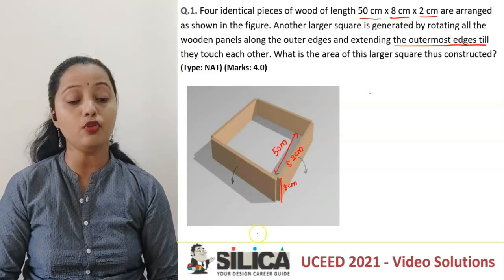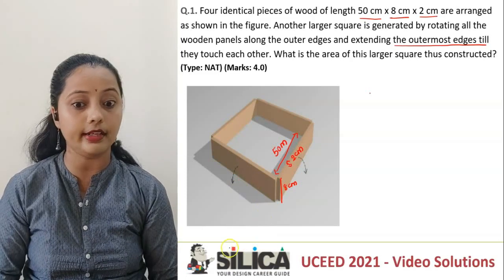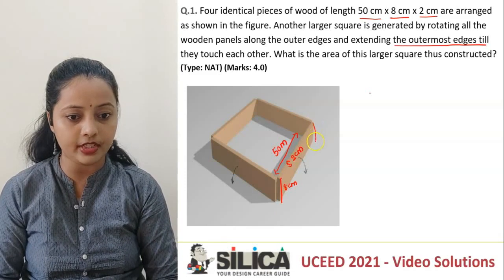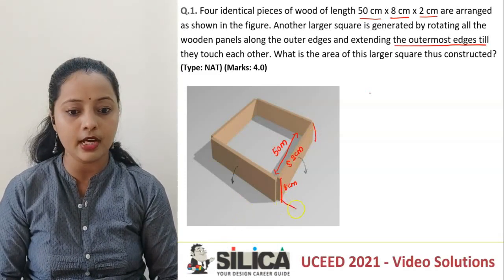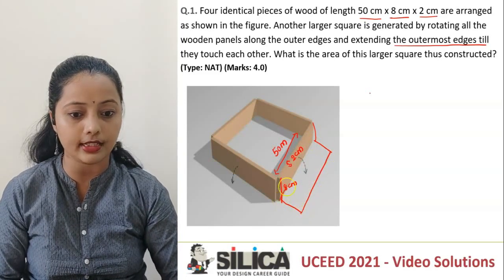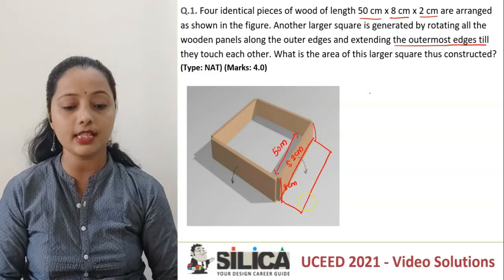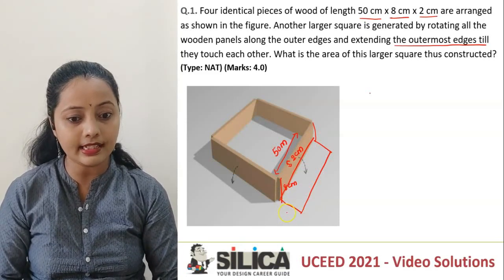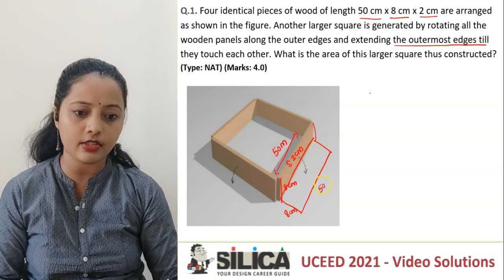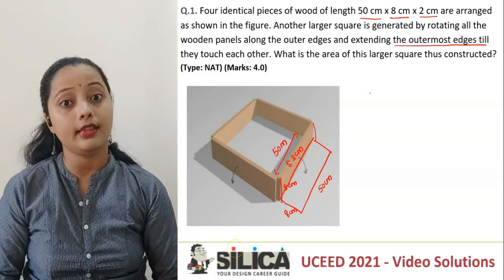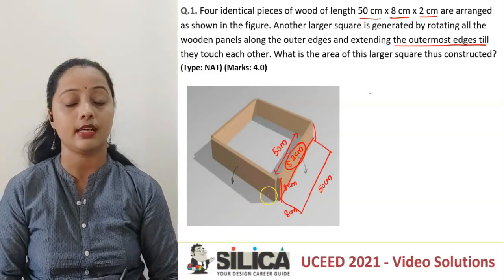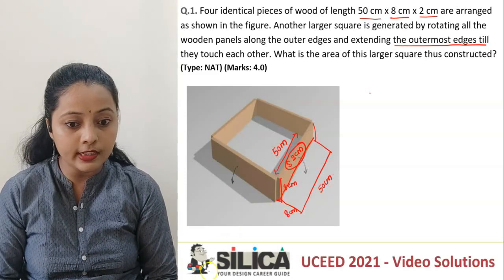Now, I'm supposed to open this up. Try to visualize it. This is a 3D figure, right? So when it falls down, this piece of wood which I have, if I open it up, it's going to fall like this, isn't it? So the structure would be something like this. This would be the fallen piece. Now if it falls off, this 8 centimeter height is going to be this over here, and the length of 50 is going to be as it is. Got the point? One crucial point over here is this thickness of 2 centimeters, which is going to be below this block over here, right?